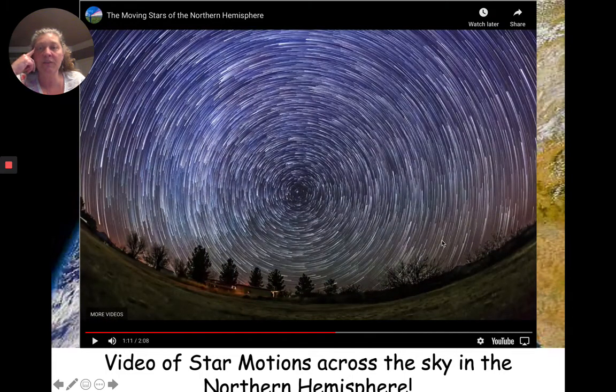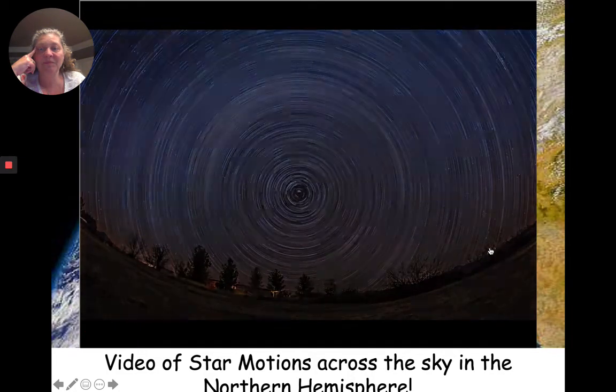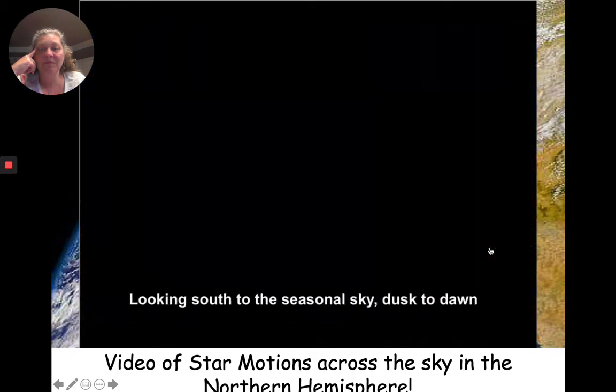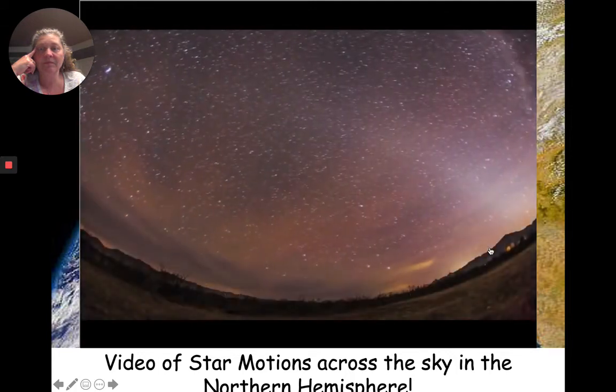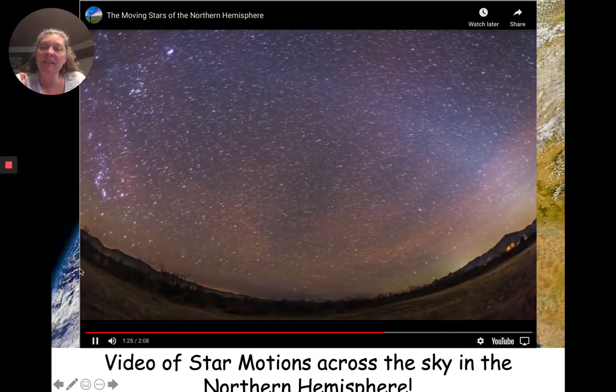Circumpolar picture. I love this. There's Polaris in the middle, right? Isn't that great? So we know we're facing north because we can see Polaris. We're rising to 11 degrees